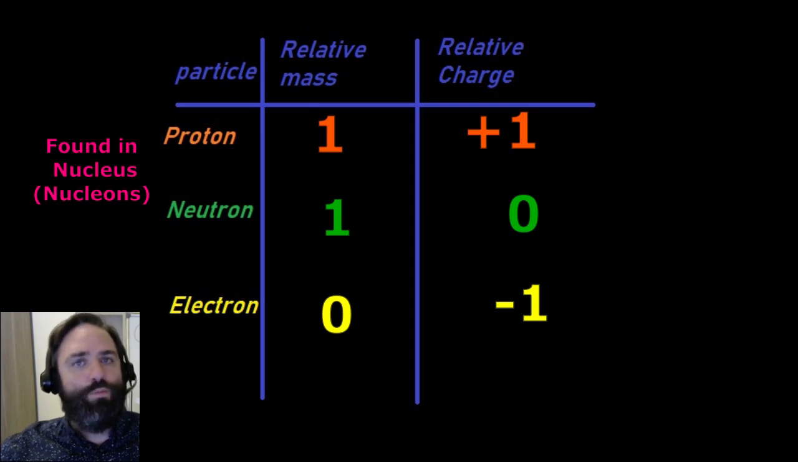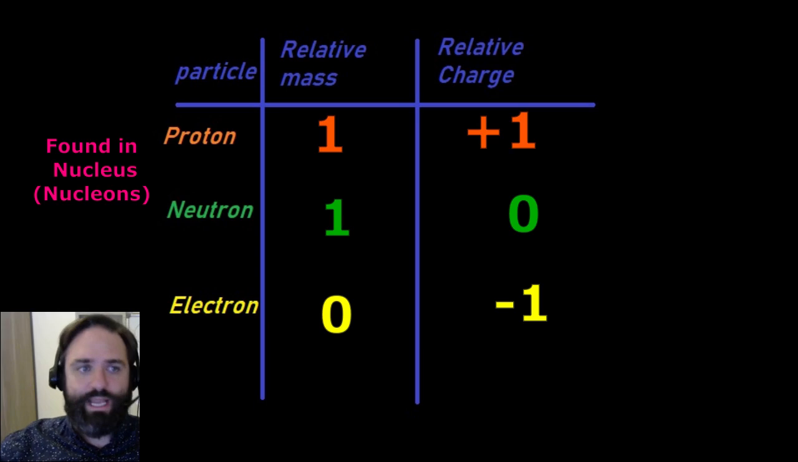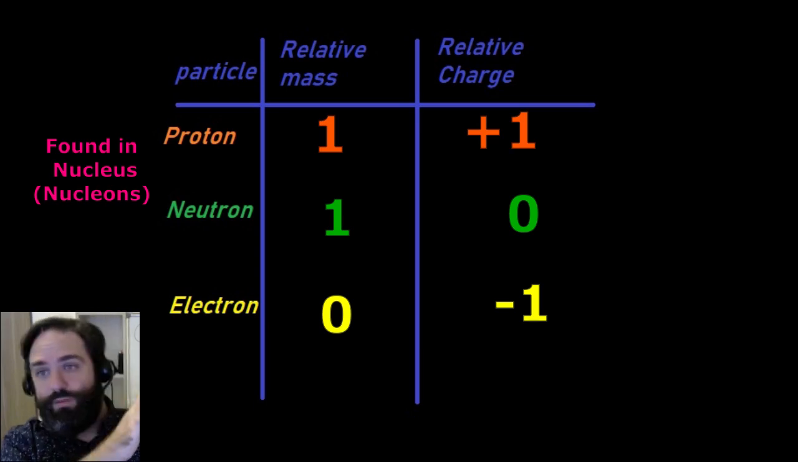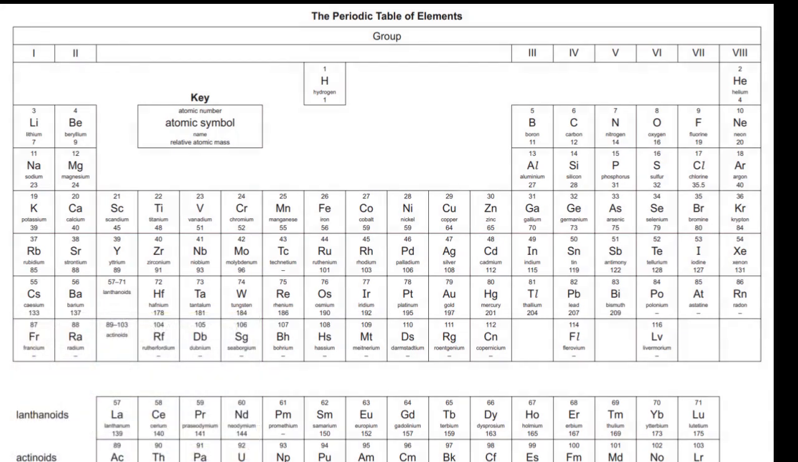How do we know how many protons, neutrons, and electrons there are in an atom? Well, for that we have to look at our periodic table. You should be very familiar with the periodic table at this point. The periodic table is a list of all of the elements that exist, all the different types of atoms that there are. So if we zoom in and we have a look at the symbol for, for example, carbon,